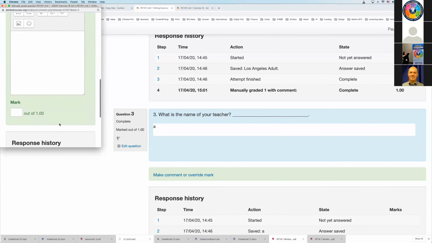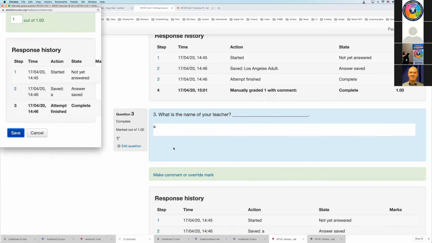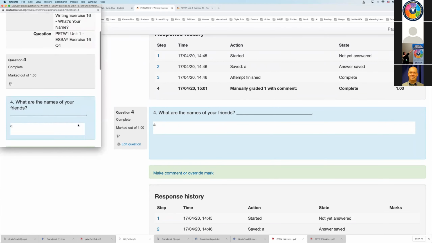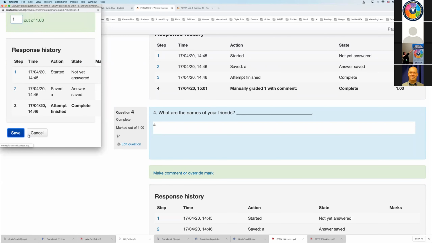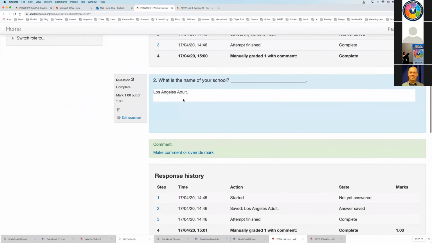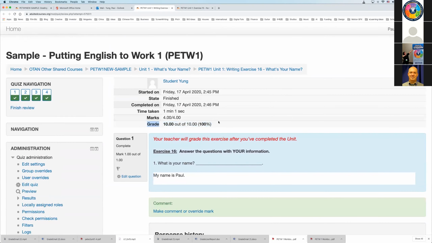I know it's tedious, but rest assured, I promise this is the only one of all 68 units, okay? So bear with me. So I'm assigning a grade to each of these items, okay? And once I did, here the grade is updated to 100%, okay?